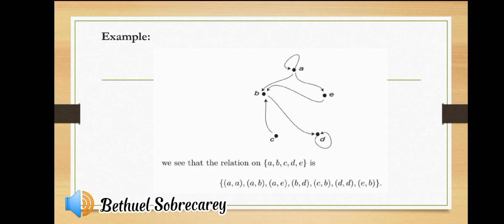Another arrow goes from E to B. This means that E is related to B. Next arrow is from B to D. This means that B is related to D. Another is, the arrow from D goes back to D. So this means that D is related to D. And the last arrow comes from C and goes to B. This means that C is related to B. So we see that the relation on A, B, C, D, E is AA, AB, AE, BD, CB, DD, and